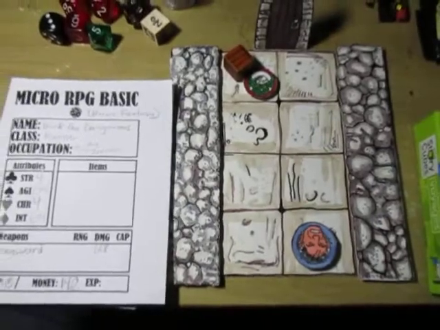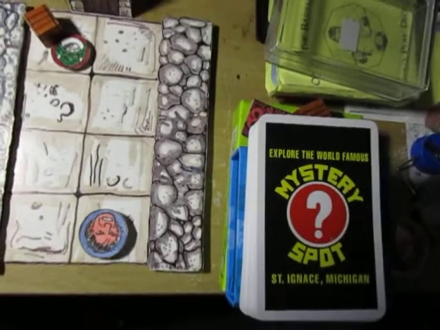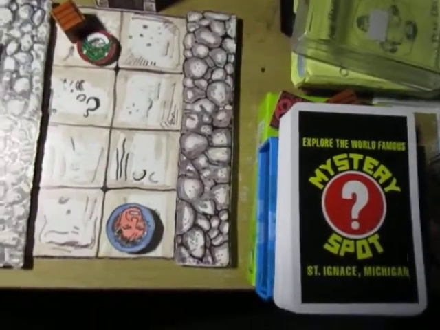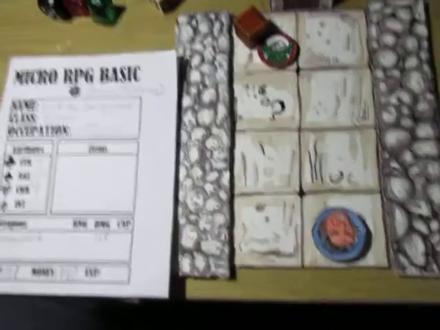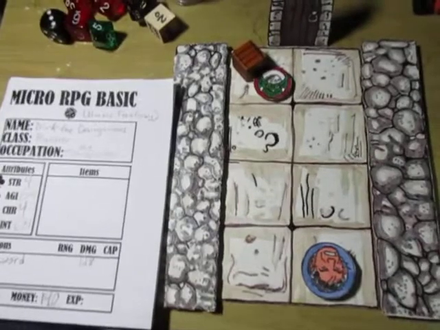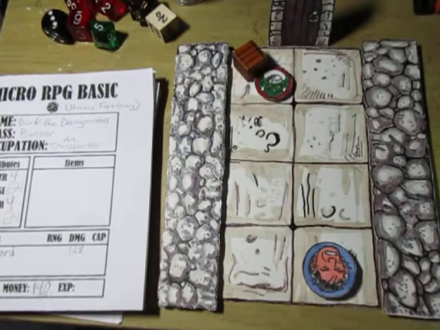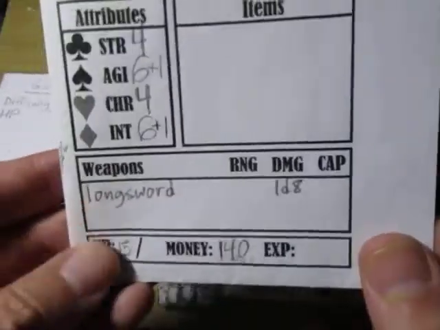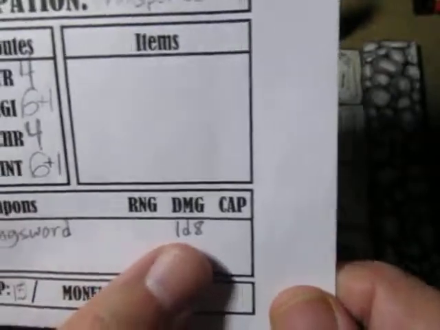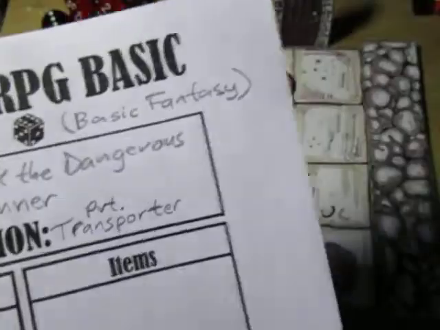Welcome back. I'm going to do a sample game here. I've got my cards ready to go, and I'm going to show you how to play this using the Basic Fantasy system for the statistics, for the sword, damage, and all that. But I'm going to use the Micro RPG Basic system for the actual combat. As you can see, I just used the longsword stats from Basic Fantasy, which is this bad boy right here,